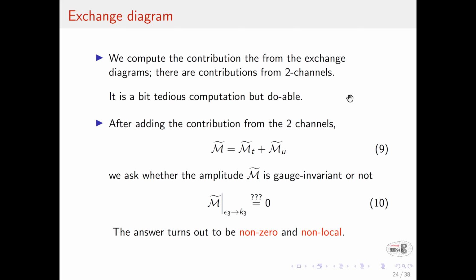Yeah, but let me ask you. There is a 3-point function that you put. When all particles go on shell, it was gauge invariant. Correct. Yes. Now, presumably the lack of gauge invariance is because when you extend it so that the external particle is off shell, the 3-point function is no longer gauge invariant. Correct. Okay. However, the non-local part, the pole part, comes from going near to on shell. Correct. So, like a contact ambiguity. Exactly. I would have expected that the lack of gauge invariance would be just a contact term.